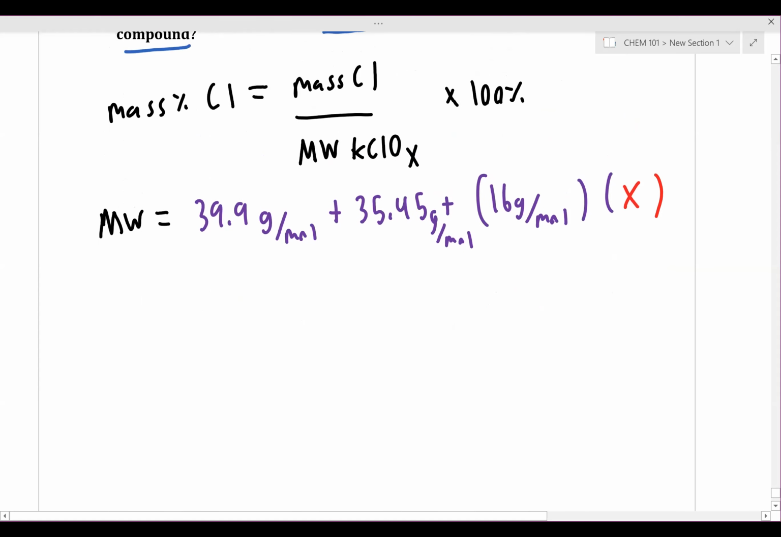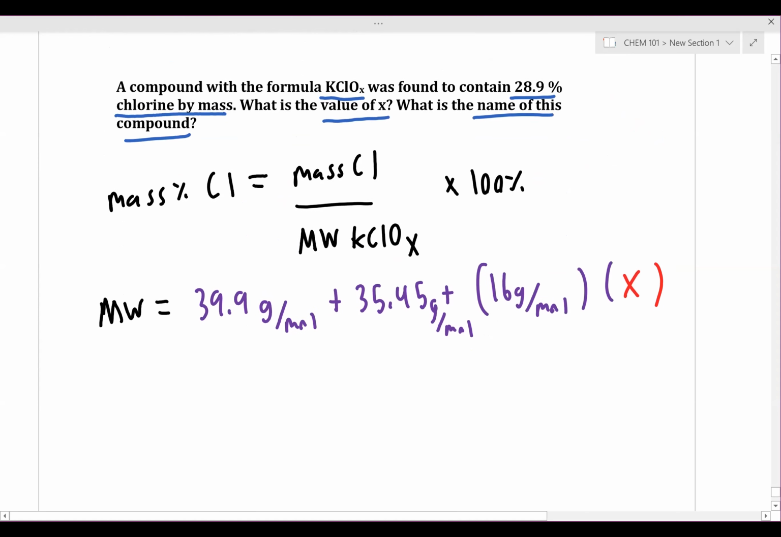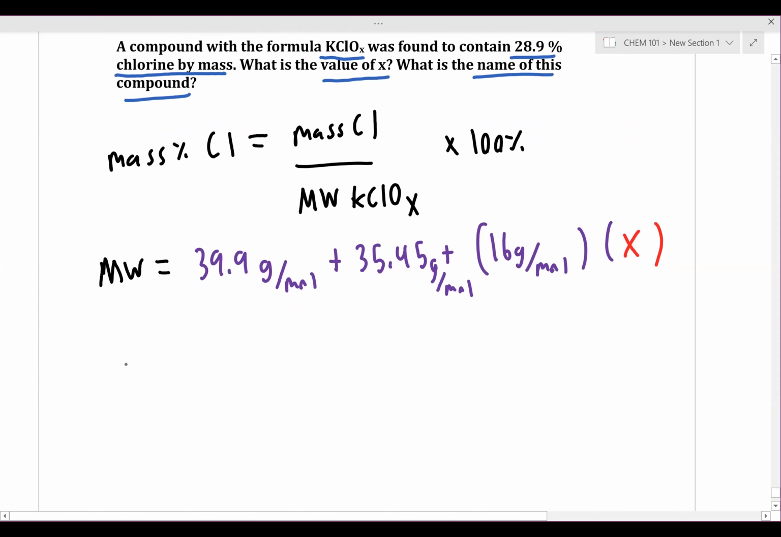So we're going to take the mass percentage of chlorine, and we know the mass percentage of chlorine is 28.9%. So we're going to plug in our 28.9%. Do we know the mass of chlorine? Yes, it's 35.45. We're then going to divide by our total mass. So we're going to take 39.9 plus 35.45. So we have